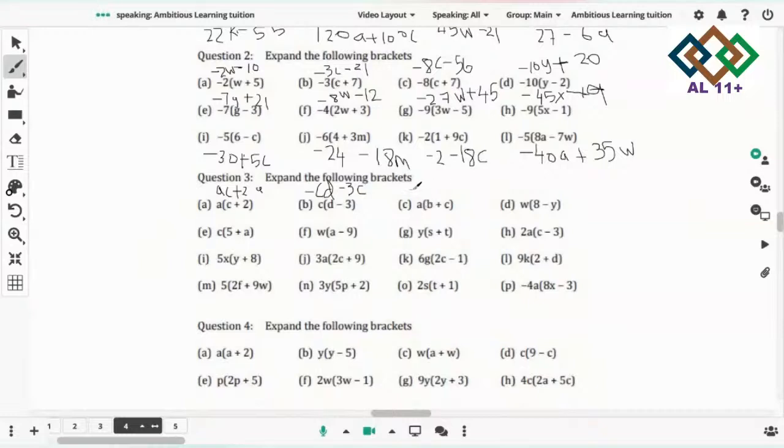In this one, the answer would be AB plus AC. Here the answer would be AW minus WY. In this one, you'll have 5C plus CA, sorry, not AC, CA